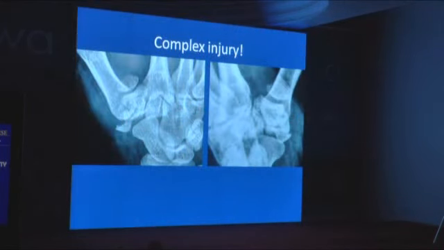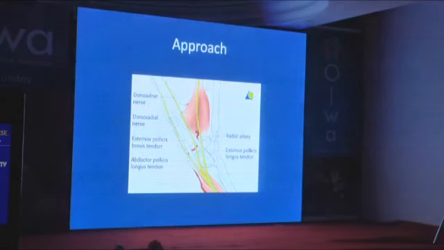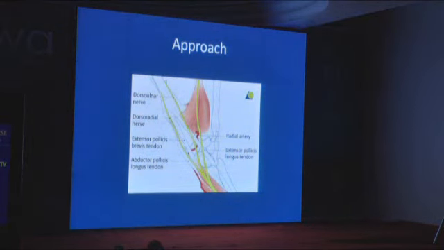Often it can be a little more complex than that. When you see something like this, you know it doesn't fit into what you've just seen. There are 3 main types and this doesn't fit into that. You need to pay a little more attention. A CT scan is required. And it will tell you then that the trapezium itself is fractured into multiple pieces, and unless you get that congruity between the two, you're not going to be able to fix it.